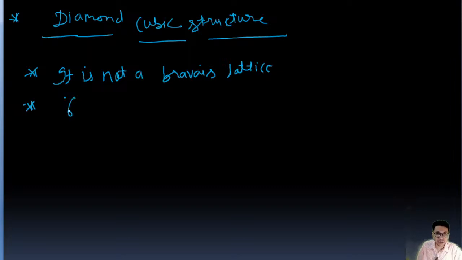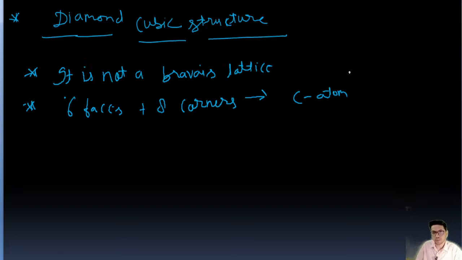So I'll write 6 faces plus 8 corners, there are carbon atoms. So this is like FCC, right. There are carbon atoms on the 6 faces of the diamond cubic structure,